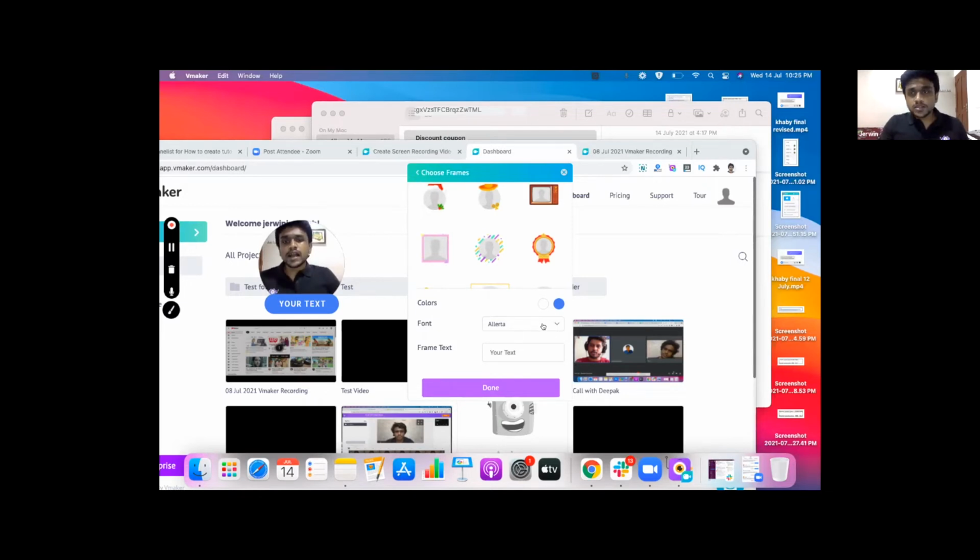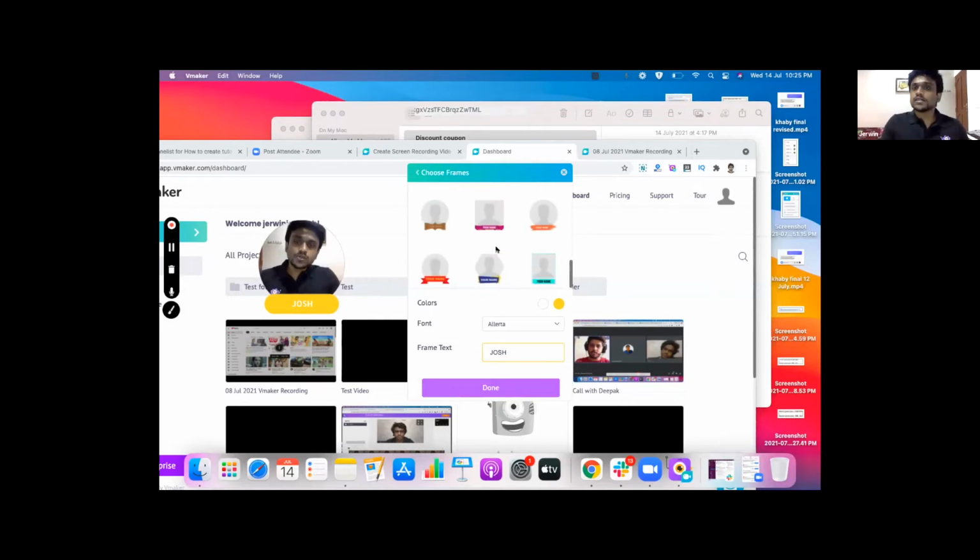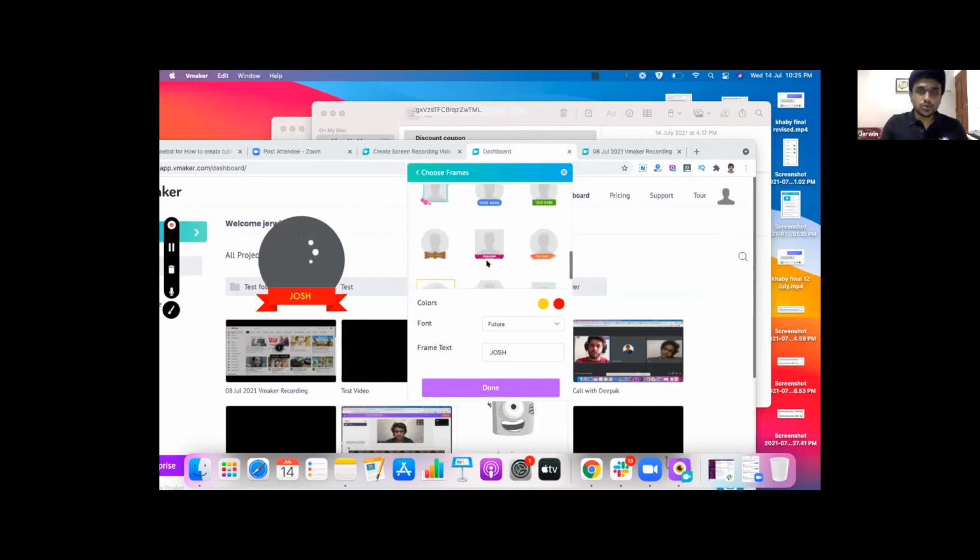And the best part is you can change the color of this section as well, change it to yellow or whatever your brand color is, anything that punches. Change the text to whatever you want as well. So this is something really interesting under the frames section. And we keep updating the library with new frames as and when we have something coming up. So this is a place you really have to explore if you are on the paid plan